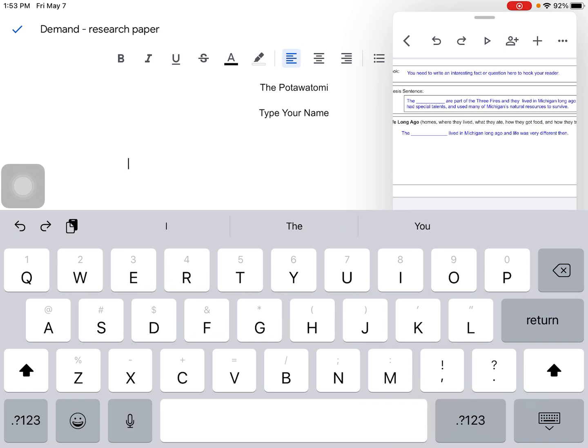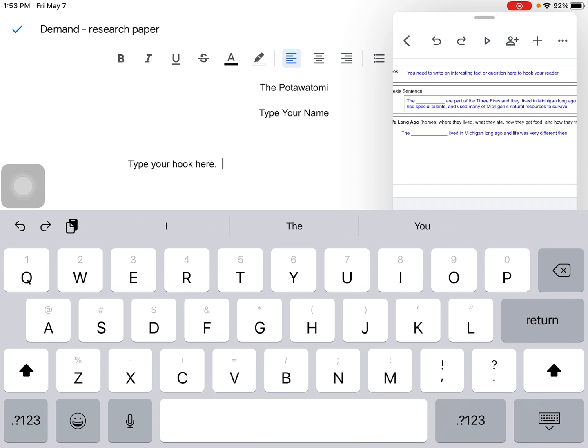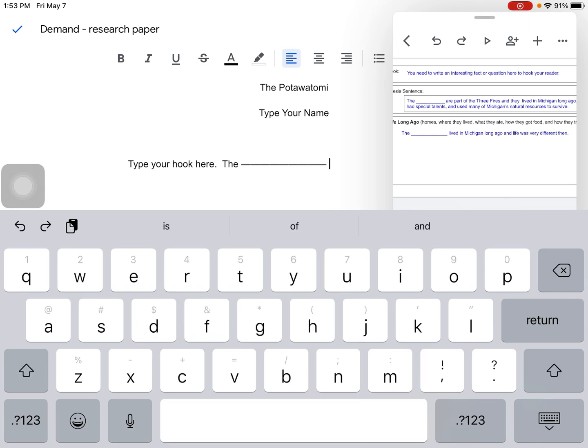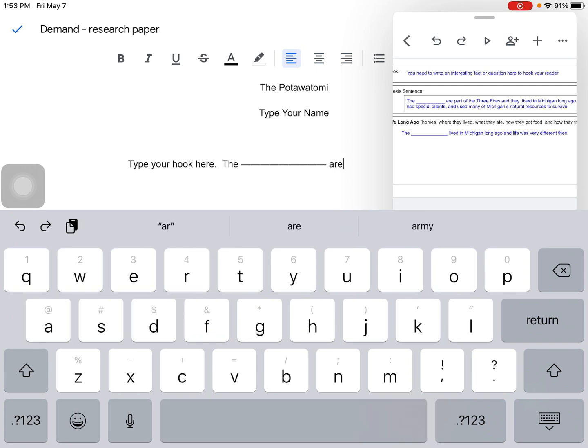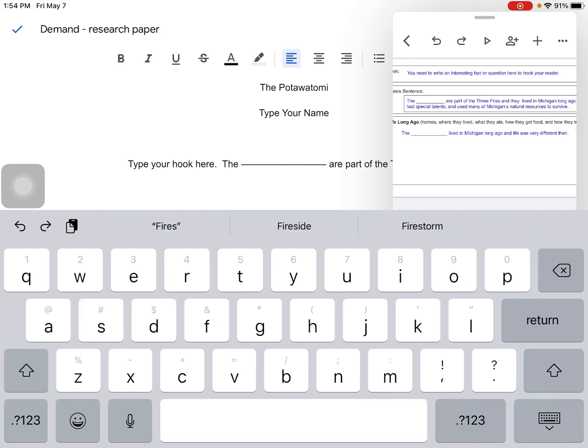Exactly, I need to 1, 2, 3, 4, 5. I am going to indent. And you started with a question, so you're going to type your hook here. Once you type your hook there, then you're going to go on to your thesis sentence. And I'm going to leave that blank because I don't want to confuse you. You're going to say the Potawatomi or the Ojibwa or the Ottawa, whatever your tribe is, and you're going to type your thesis sentence. Are part of the 3 fires, and they live,